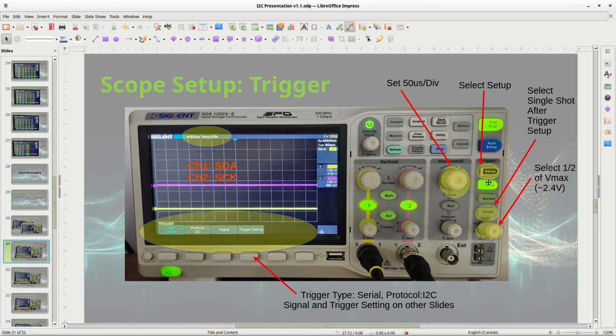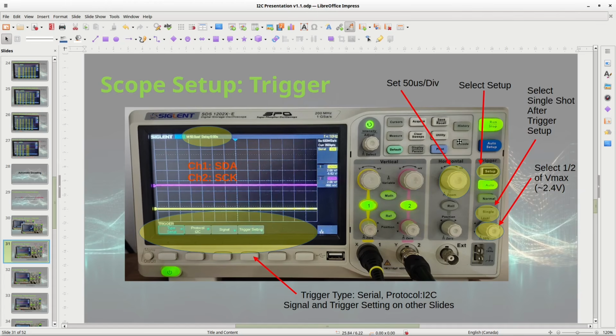The type, when you select setup for trigger, you're going to select serial. Then you select the protocol, push this button, select I2C. For signal and trigger settings, I'll show you in a second what you select. This is important because you have to tell the scope to trigger on this.